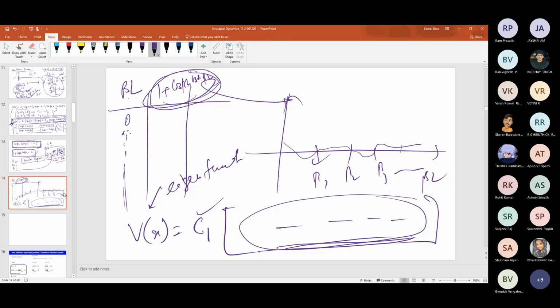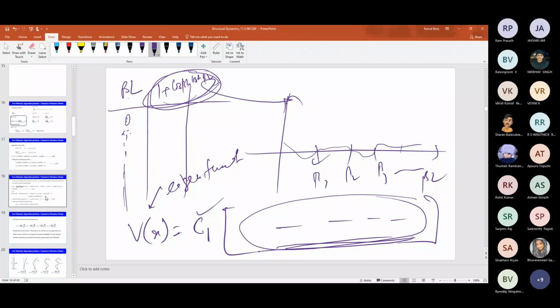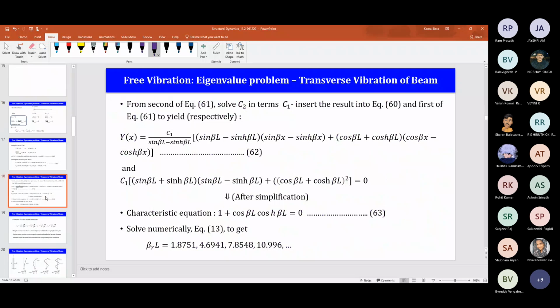If you want to do it now, you can, but I'll just show you the expression. Depending upon whether you substitute C1 in terms of C2 or C2 in terms of C1, you might get a different expression, but don't get confused by that. You will find in different books slightly different expressions, but these are absolutely fine. Some literature or papers represent it in a different manner, but they are equivalent to each other. So I'll show you just one expression here.